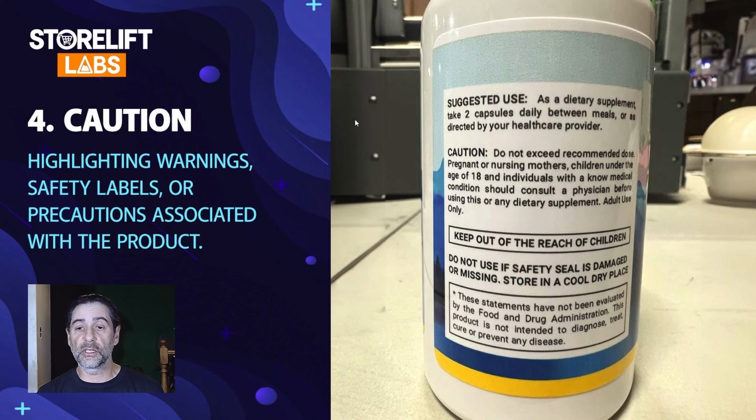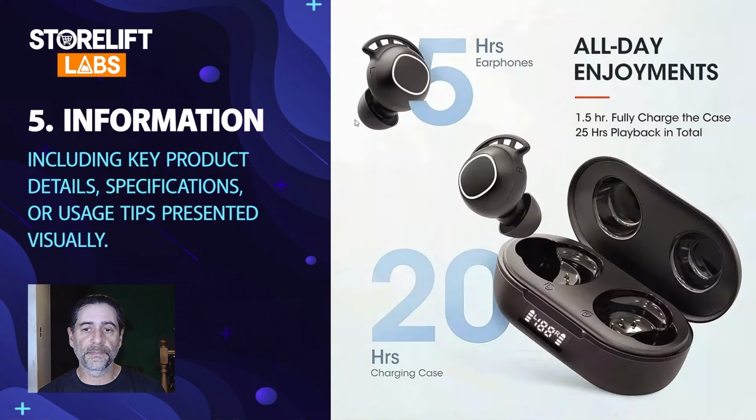Cautions. So this is really super important. The reason that we've used a photo here instead of typing it out is because this is, obviously, specific legal language. So if you have a product caution, you might want to just put a photo of that so it's exact, so you're not actually changing the language by accident, right? Super important that you include all cautions with your products, especially on eBay and Amazon and stuff like that. Not just to prevent unnecessary returns, but to prevent any type of mishaps.